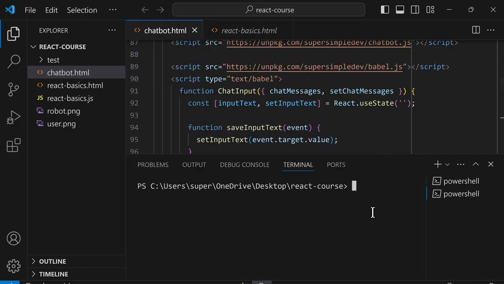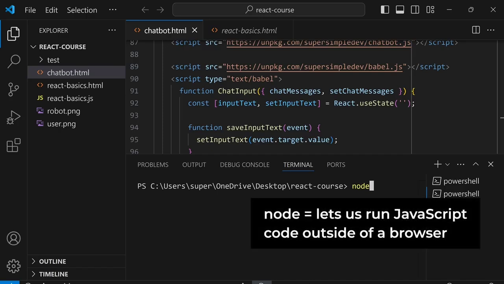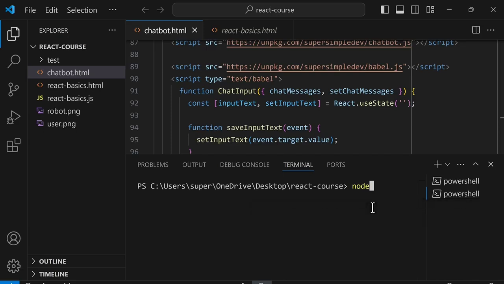Now, when we install Node.js, it's going to add a new command to our command line called node. So the node command lets us run JavaScript code outside of a browser. For example, here we have a file called